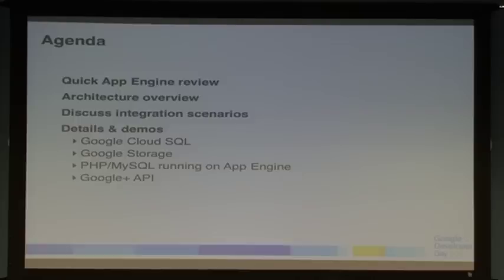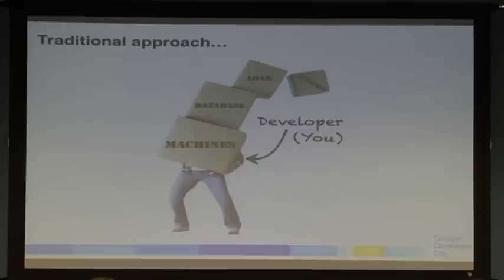And then I'm going to do a sample application to show you how you can use the Google Plus APIs and run your application on App Engine connecting to Google Plus if you want to start building web applications with Google Plus. So as we talked about earlier in the keynote, this is the traditional problem that we're trying to solve, which is making it easier for you to build, manage, and deploy your apps in the cloud without having to worry about the machines and the scaling and the backups and all of that overhead that makes it difficult